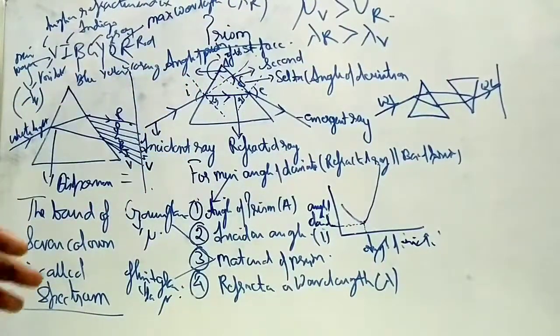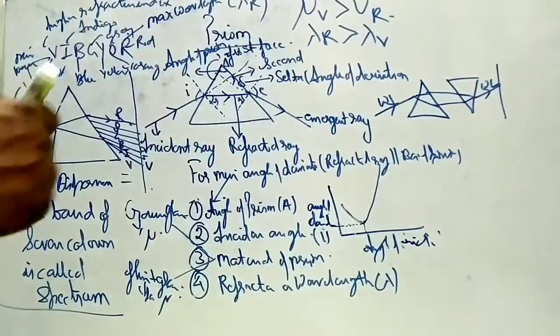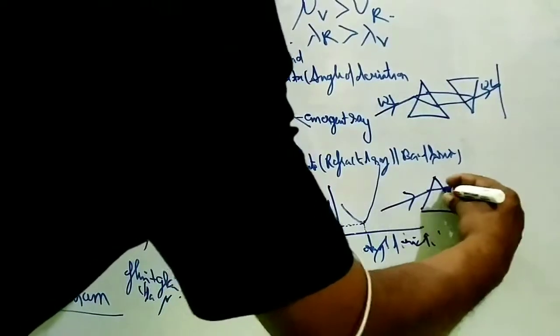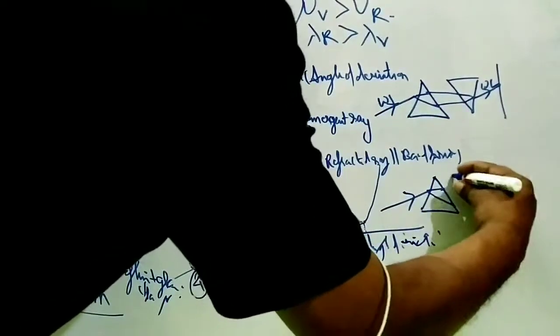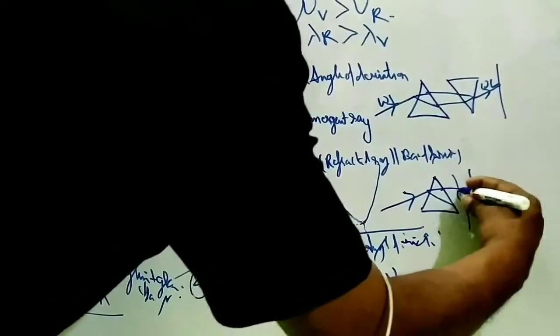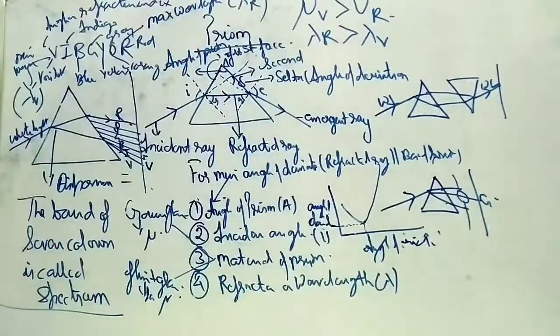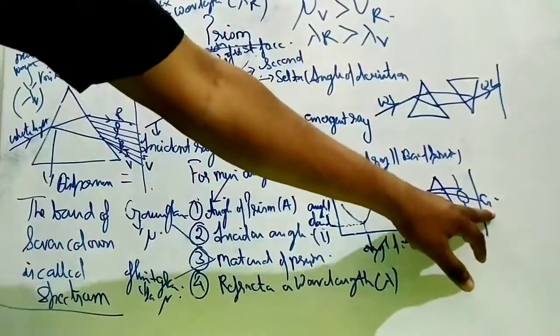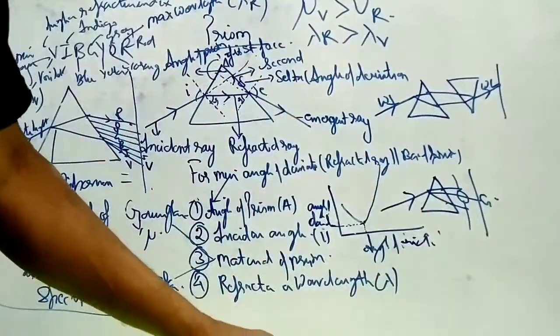It is the white light which contains the 7 colors. Or you can use a filter. One filter of green color is used. So you will see that only the green color light will pass. Is this clear? All the other colors will stop, only the green light will pass, and it will be represented on the screen.